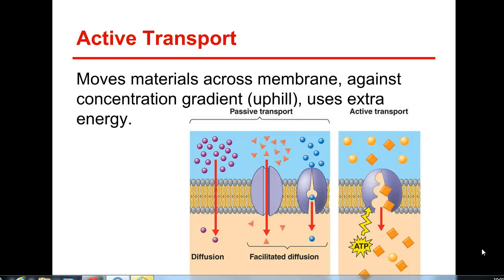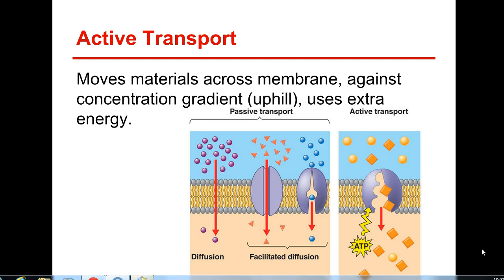All right, biology again. This is Unit 3. This is going to be video 3B, active transport. Now, active transport is a little different from passive transport because it uses extra energy. And this is where we use that energy that we get from things like carbs and lipids that we learned